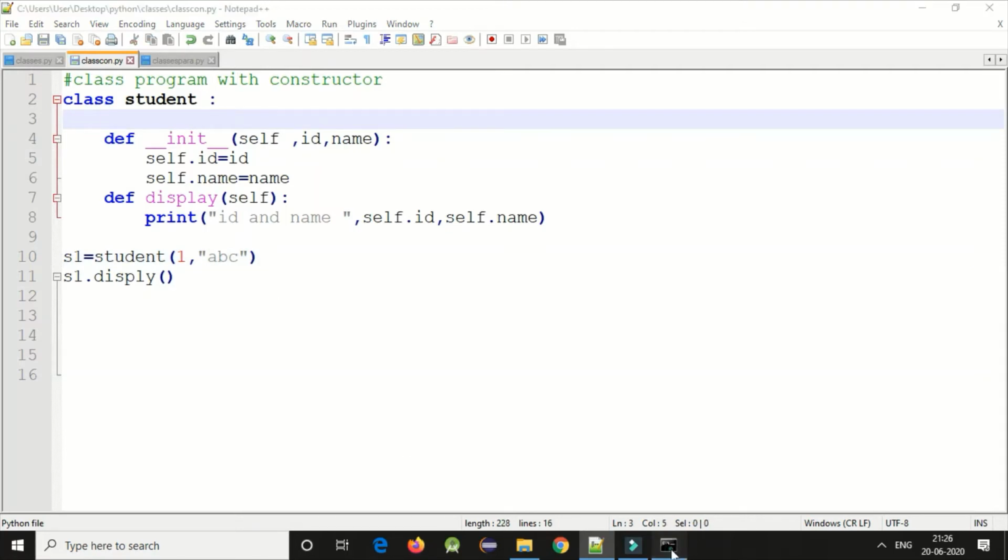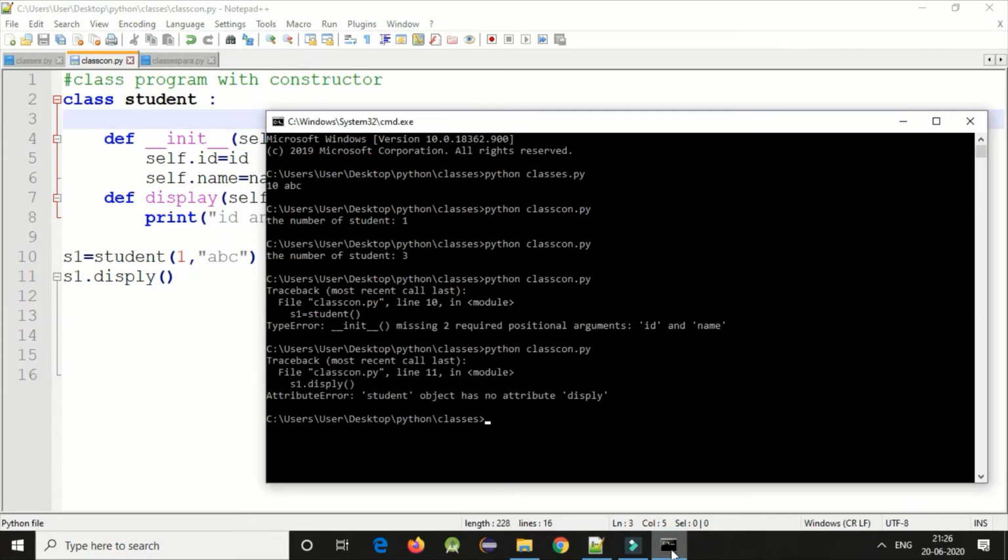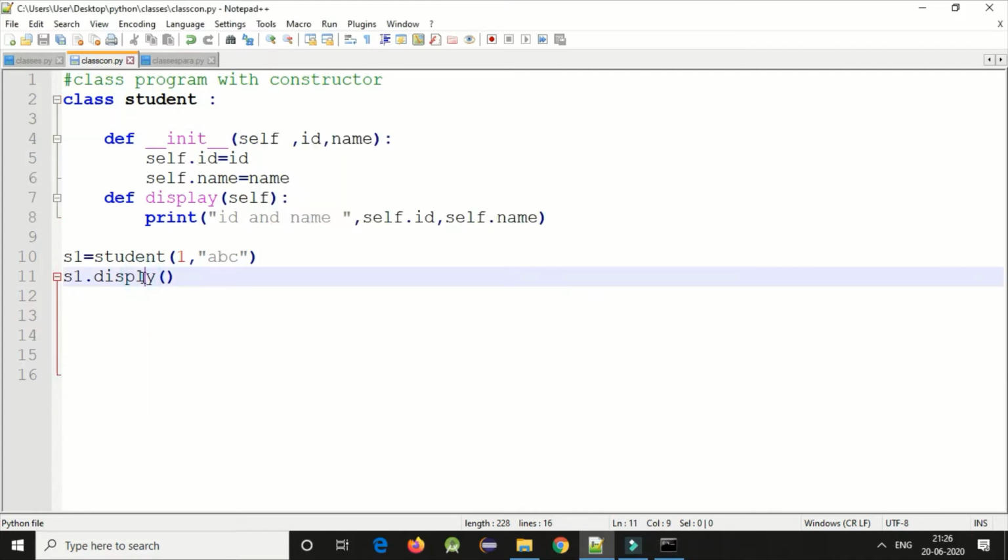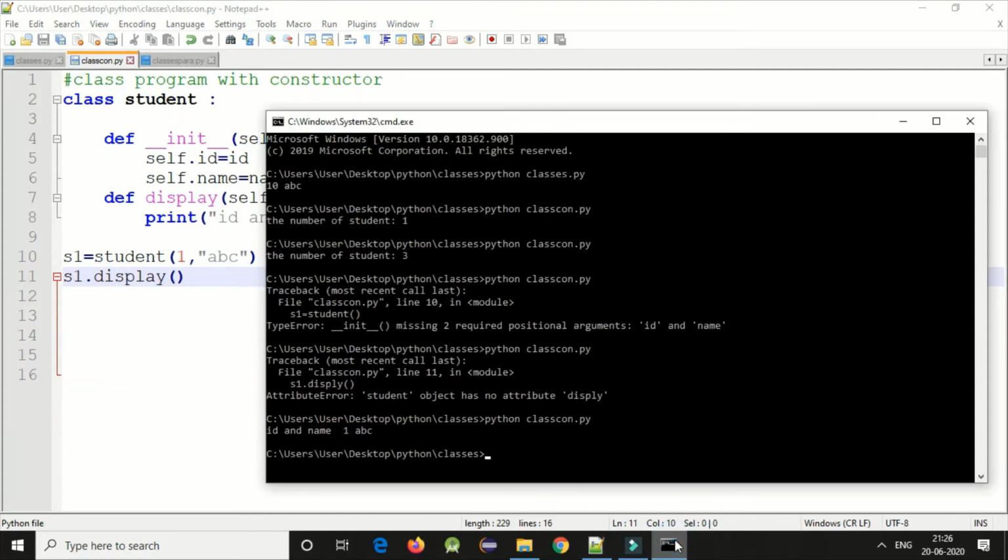Okay, what it's giving, display. Now see here, id and name is 1 abc.